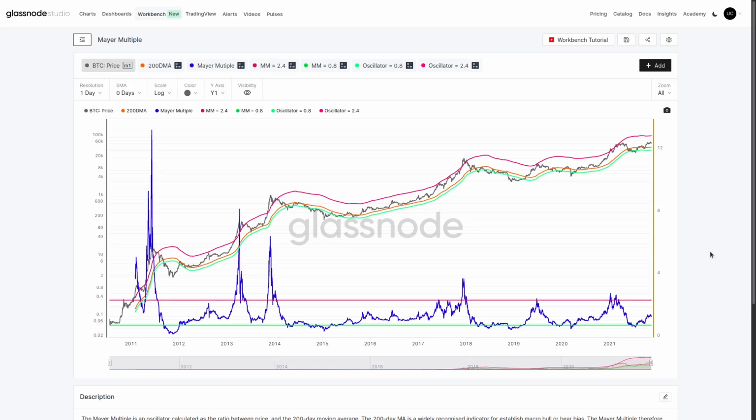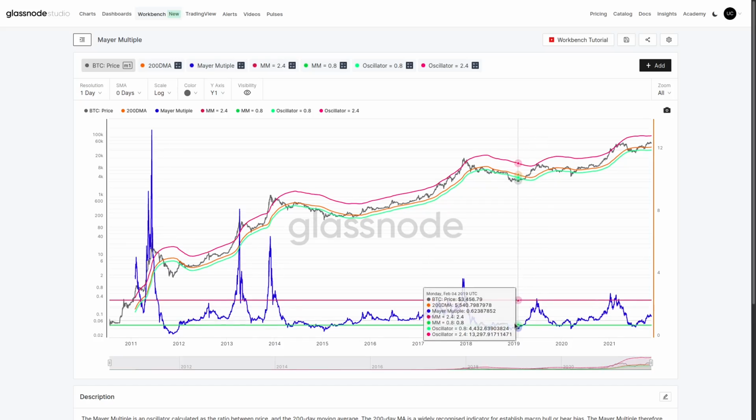When price is above it, they generally have a bullish bias. When price is below, it generally has a bearish bias. So over the very long term, it's kind of this mean, this typical average price, 200 days, something that everybody is looking at. Now, what the Mayer multiple does is it takes the simple ratio between price and the 200-day. What we're really looking for here is when is price much, much higher than the 200-day? It's like an elastic band being stretched too far away from the mean and it wants to spring back. And likewise to the downside, when it's too far below the 200-day, it becomes improbable that it's going to keep falling and it's more likely to mean revert back towards it.